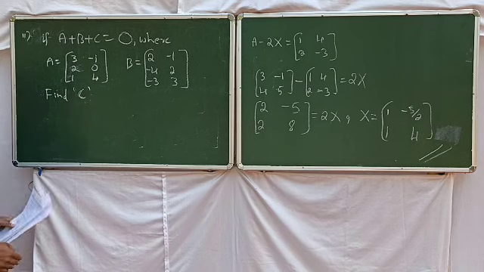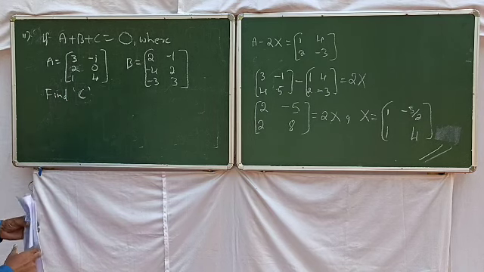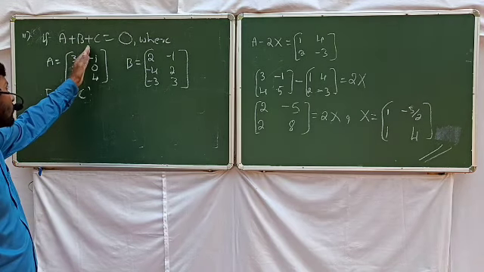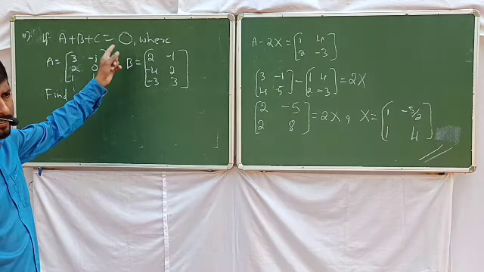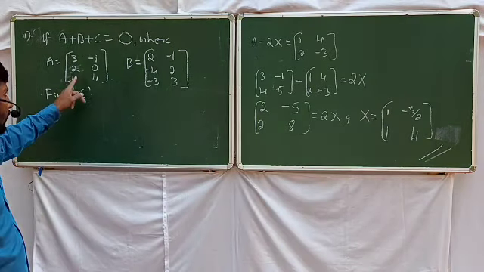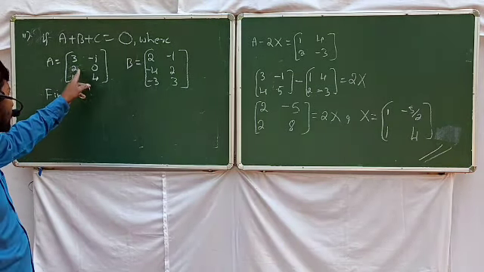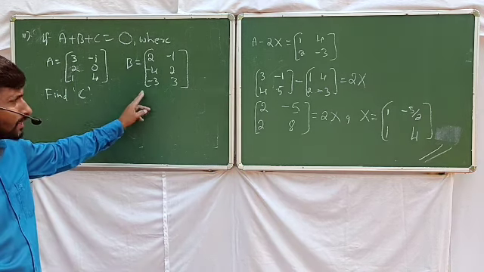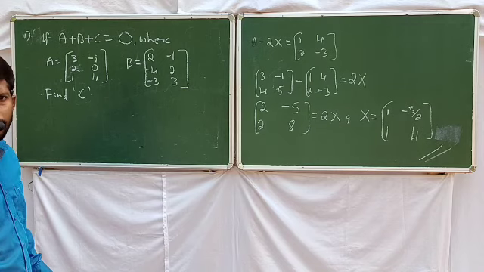Okay, now here just use the algebra of the matrices. Sum of two or three matrices is again a matrix. 0 is given. See the order of the matrix A. Order of this matrix A is equal to 3 by 2. Here also 3 by 2. Algebra addition is possible or subtraction is possible.